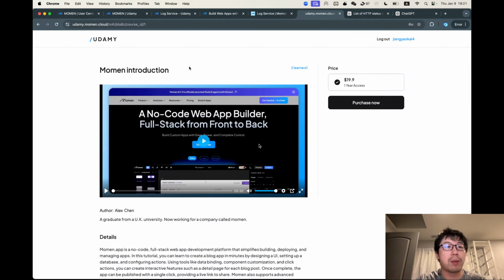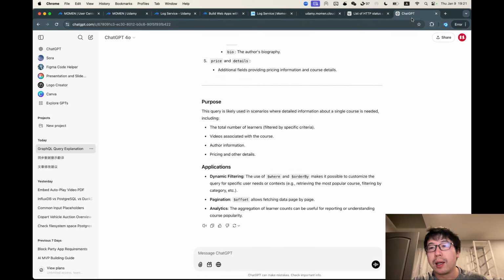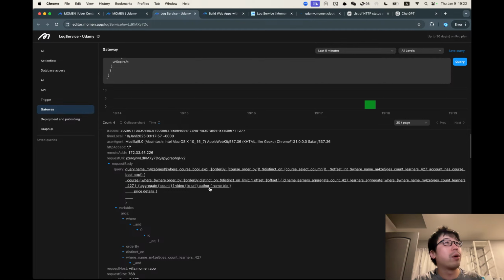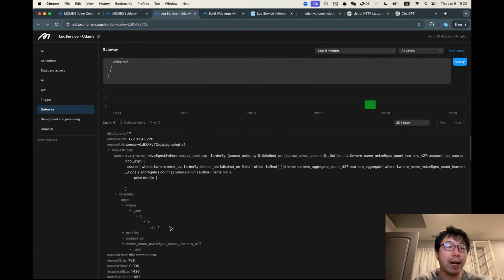That page is about a particular course, which is named Moment Introduction. And it gets a total number of learners, and then it gets the videos associated with the course, author information, pricing, and other details. So that is exactly what it does. And ChatGPT is fairly good at deciphering what our queries mean, mainly because, well, in fact,